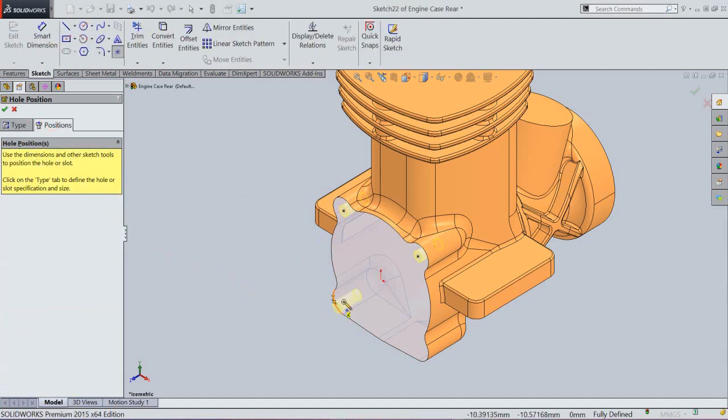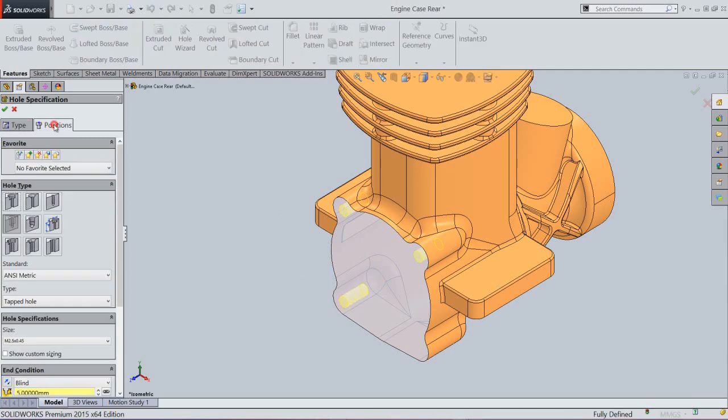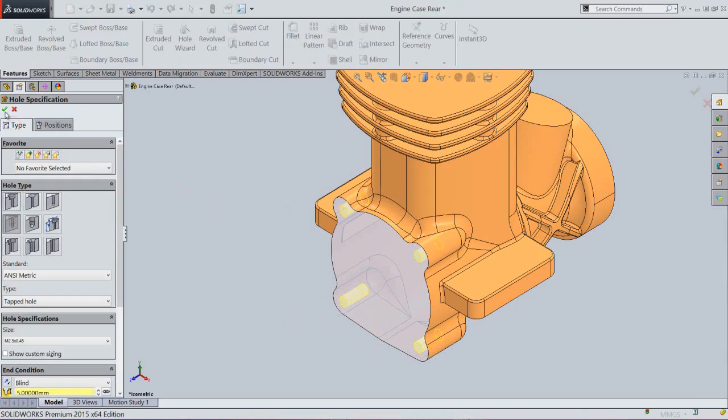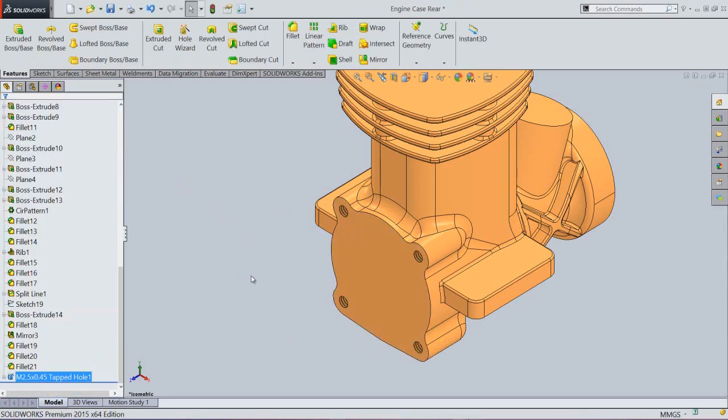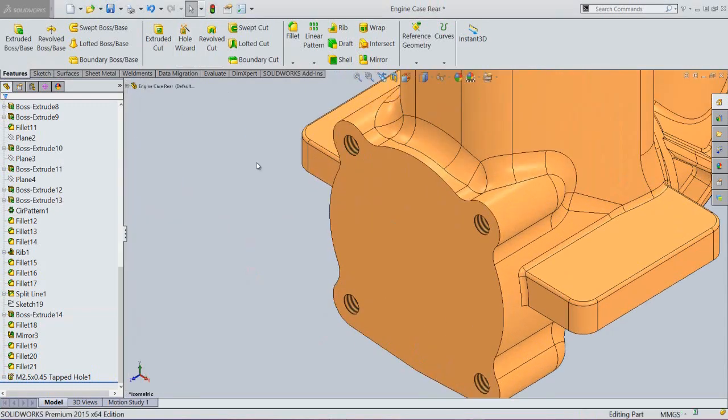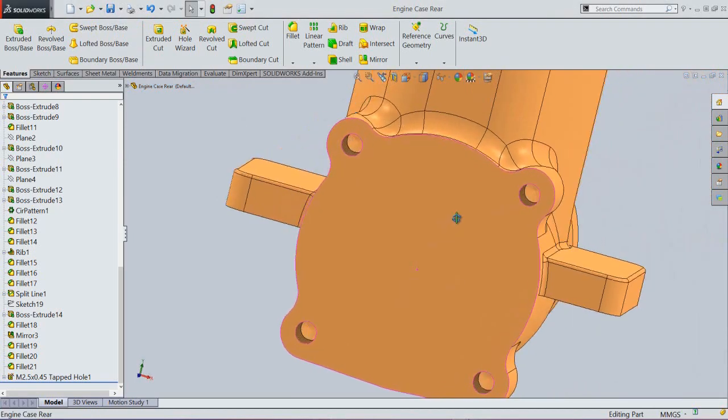Select two more center points of the arc. OK, now preview is visible here. Click OK. Alright, my hole is created. Thread is looking very fine.